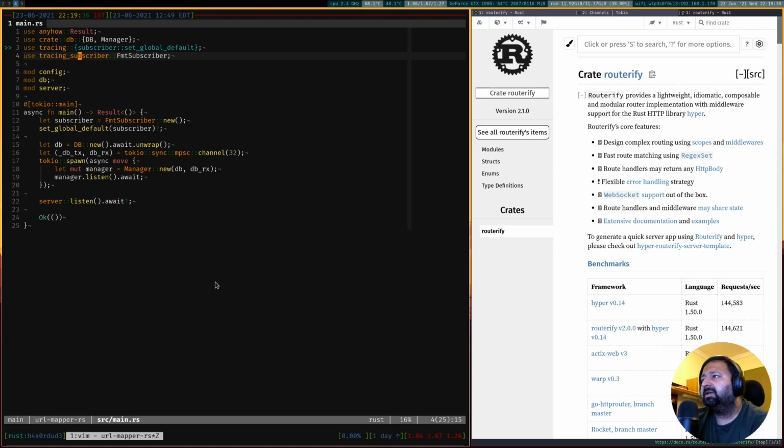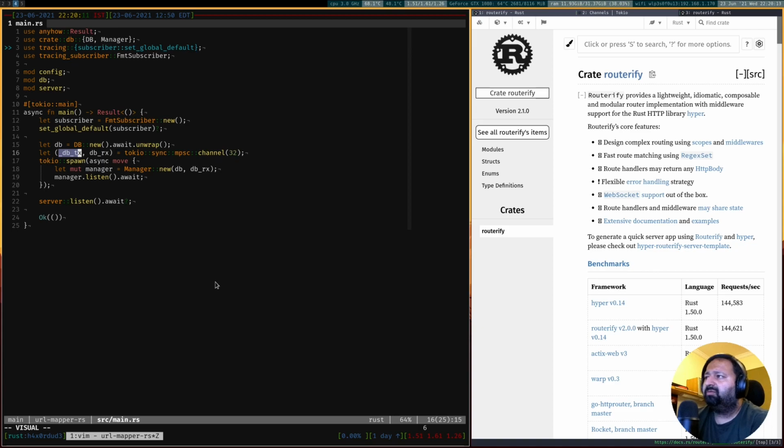Now, since we want to communicate with the database, the obvious basic way for us to allow that would be to take the database sender that we've created. We're not utilizing that right now, but we saw in our previous examples how we were able to utilize that by sending messages. We were able to actually communicate to the database manager and then request the specific data that we need. We saw that in the previous episodes.